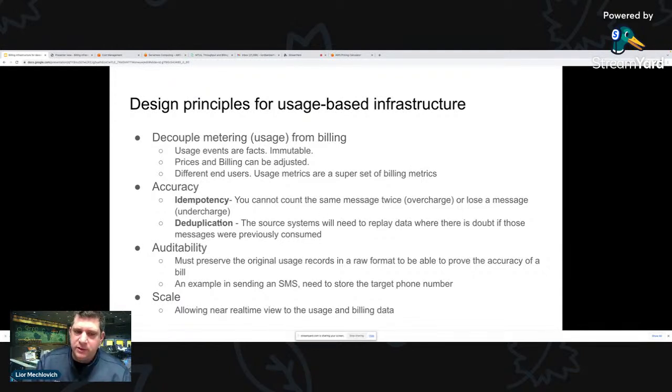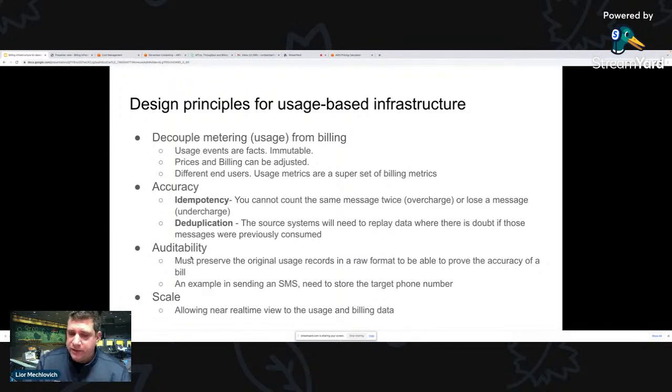And a part of that is deduplication. So how do we enable those source systems to replay data? This idempotency is more about your data pipeline, so you can rerun all the time. And deduplication is to allow the source system that sends those events to be able to send them again, right? So if they send an event and they're not sure if it's there or not, they can send the same event without duplicating it. So you can have a unique ID, you can have all kinds of ways to achieve it, but it's really important to have a deduplication method here.